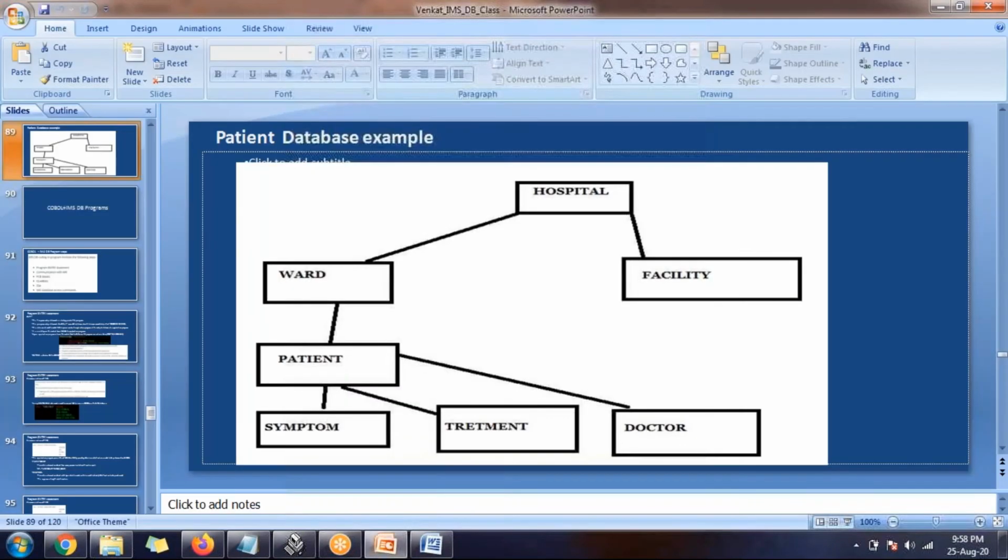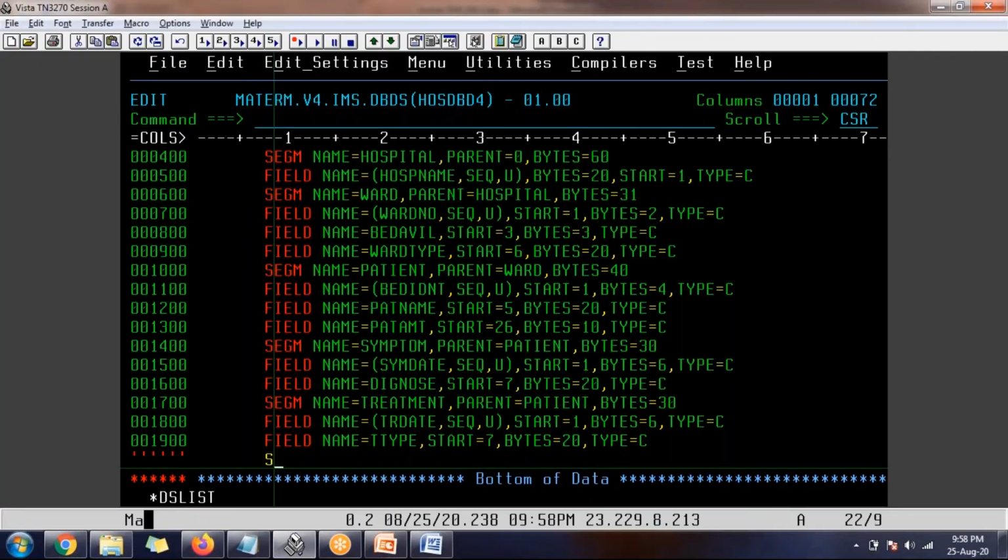Next, we have to define the last but one. Segment name equal doctor, comma. The parent will be patient.